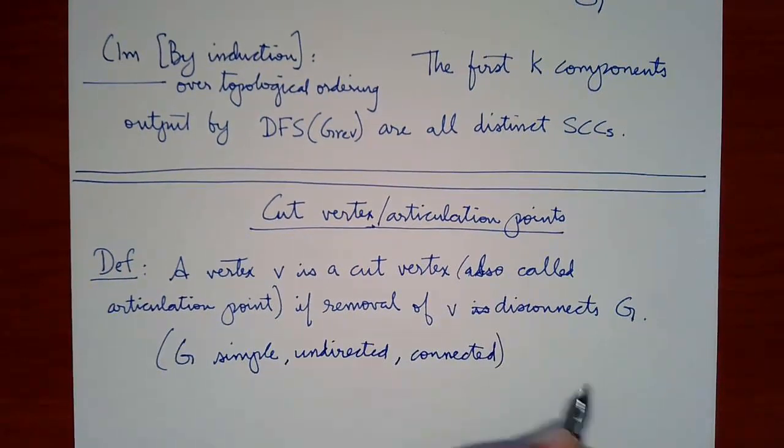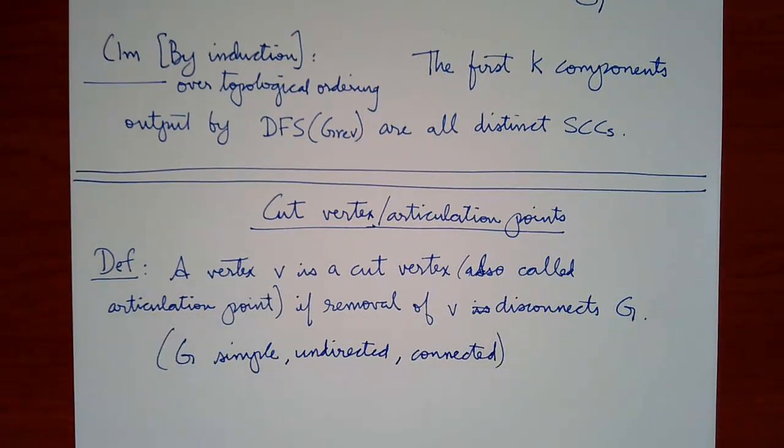Okay, so you have some connected graph, and a vertex V is called a cut vertex if its removal disconnects